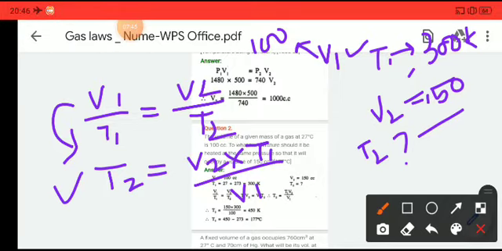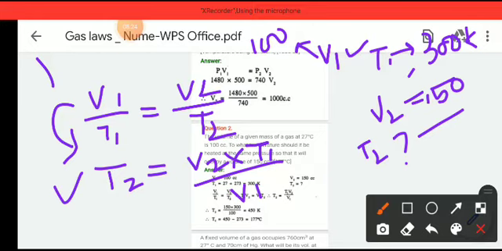So in the numerical itself, we have to look for what values are given and jot them down, and then find which law or which mathematical expression is more applicable for that question, and then derive the equation accordingly and put the values of the other parameters to get the value of the required parameter. So here I have put the values of V2, T1 and V1, so that we get to find the value of T2.